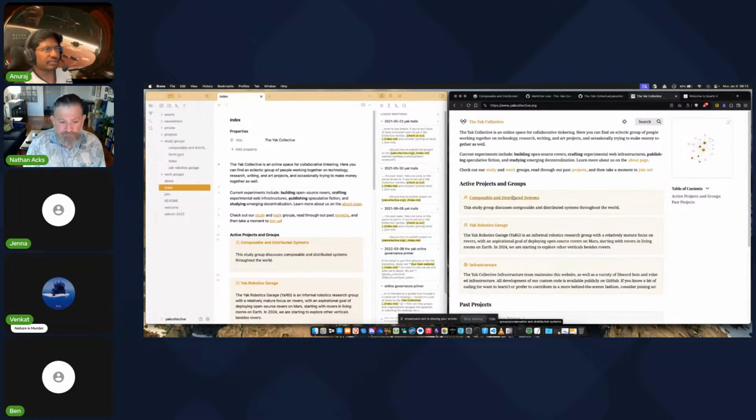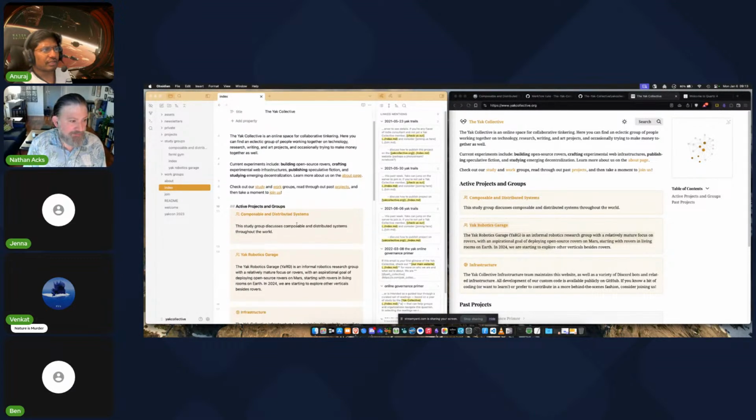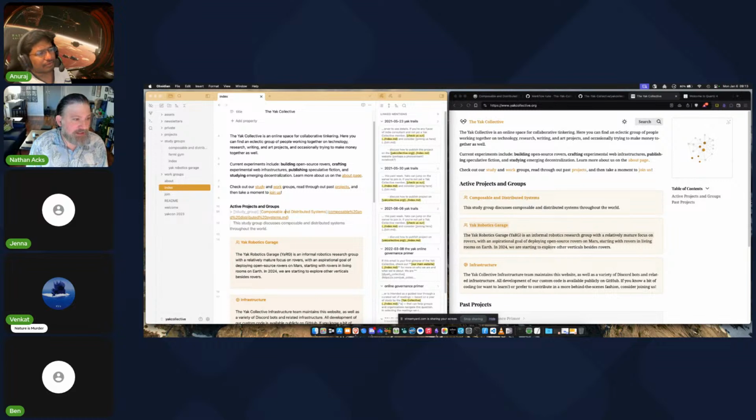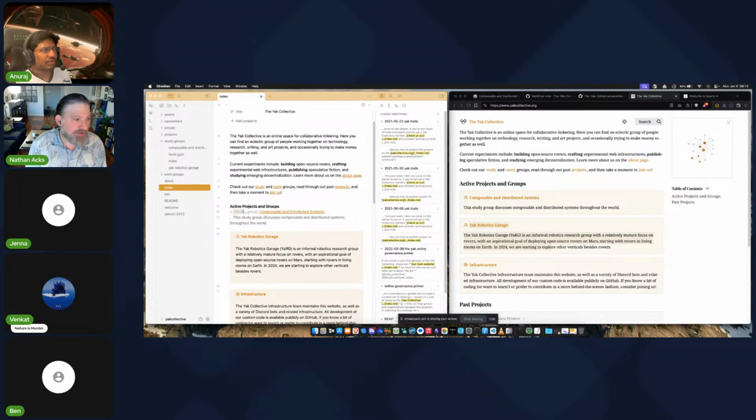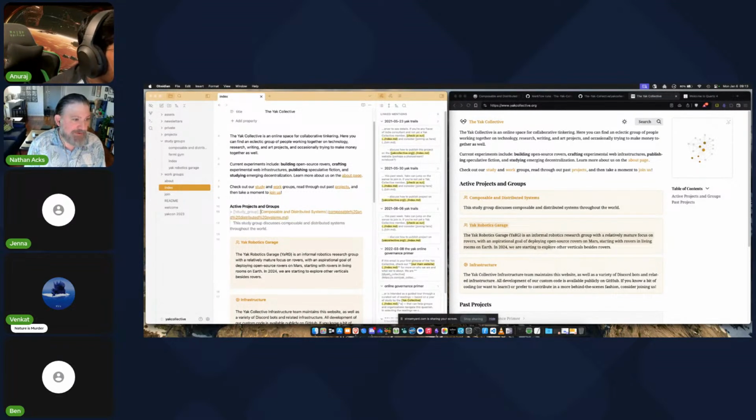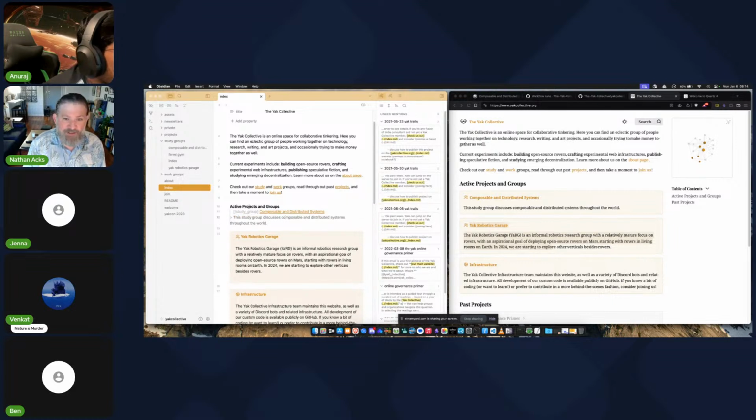What is a callout here? I don't see any callout. So callout, or GitHub calls them alerts, is what this box is, where it says composable and distributed systems, Yak Rover, or over here. You'll see it's basically a block quote with a special first line. In our case, we have a custom one called study group. So it's bang study group. And then you can have an optional title to it. And then whatever comes afterwards is the content of the callout.